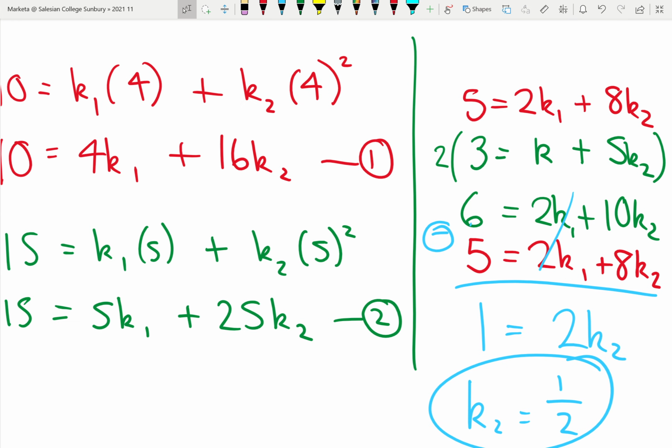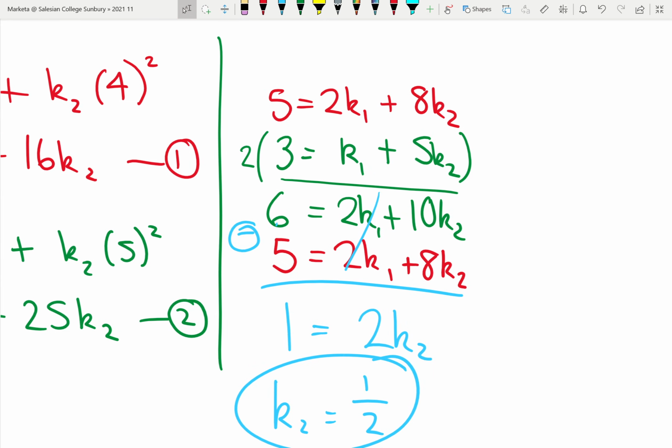Now we just need to find out the second value. So we want to find out what K1 equals. And I'm going to use this part of the equation. Actually no, I might use the red one because then I'm going to get a whole number. If I sub K2 in as half and times it by 8, I'm going to get a whole number. So let's do that. 5 equals